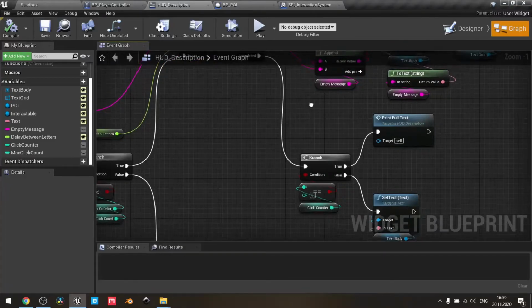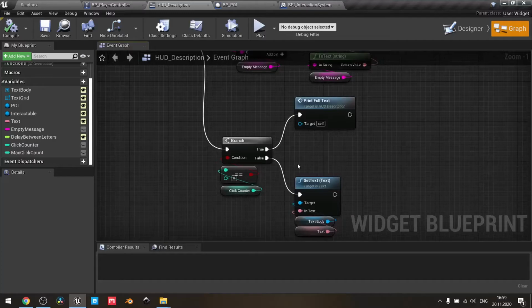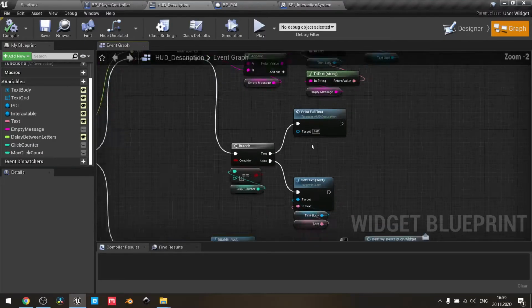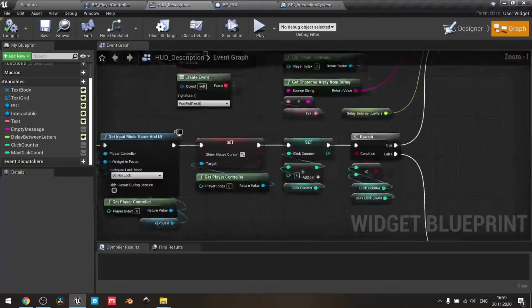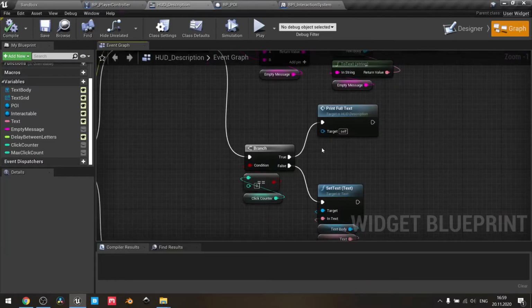Next, on complete, I check whether click counter equals 0. If it equals 0, it means that we have not pressed our key, so we need to proceed with print full text custom event, this one, to imitate that we have actually one click to release the mouse so we can scroll through our text, and then we need only one click